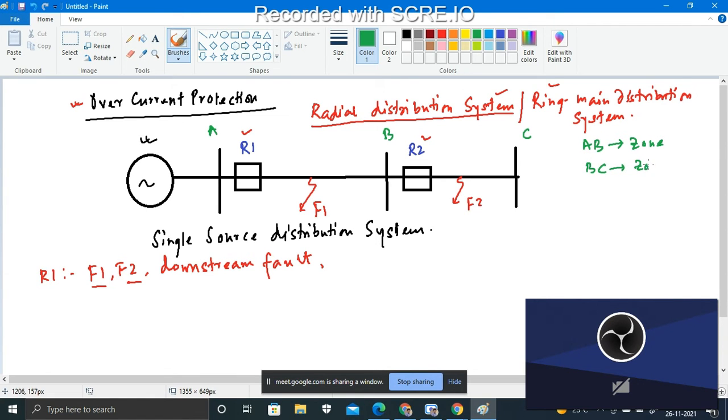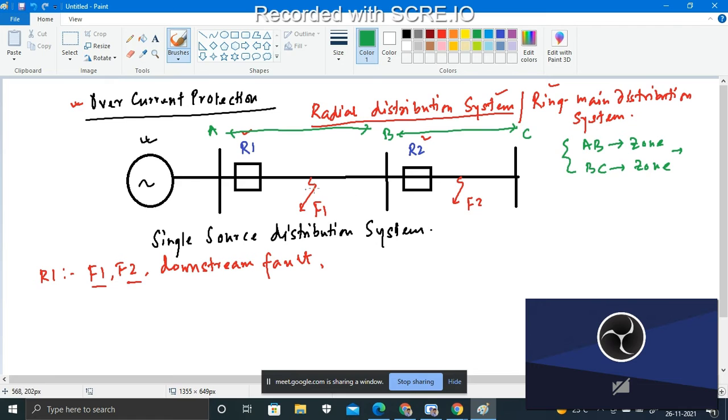So these are the two different kinds of zone of protection we need to consider. In the zone of A and B, that means this particular zone, I'm taking between A and B anti-clockwise, but you may take clockwise, no problem. A fault will be detected, this will be F1. Remember that the zone of B and C, we have another fault, that will be F2, detected.